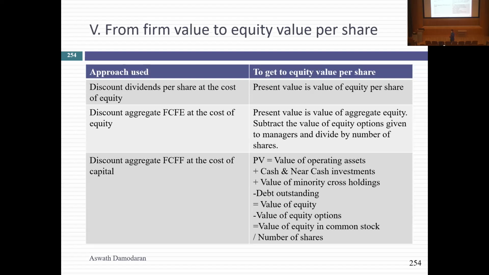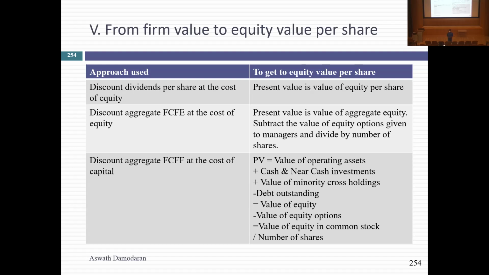Do I have cash, do I have cross holdings? Then you have to subtract out debt. And we'll talk about what happens when you own 60% of another company, and you can create an entirely new mess to deal with in terms of what happens to the remaining 40%. But you've got to clean up as you go through, because what you get is your bottom line, the value of equity. And there's one final step.